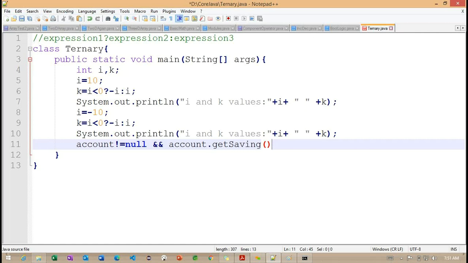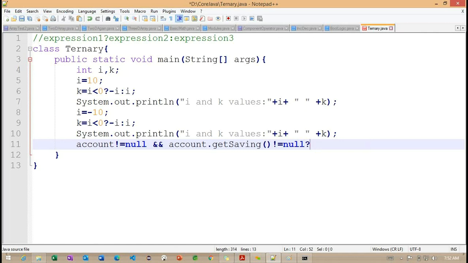Getting the point. So from this particular account, I'm trying to load this particular saving account here. If the saving account we are getting is not equals to null, what I'm doing here is making a ternary operator.